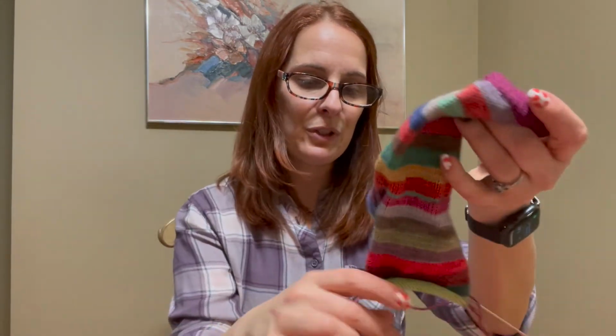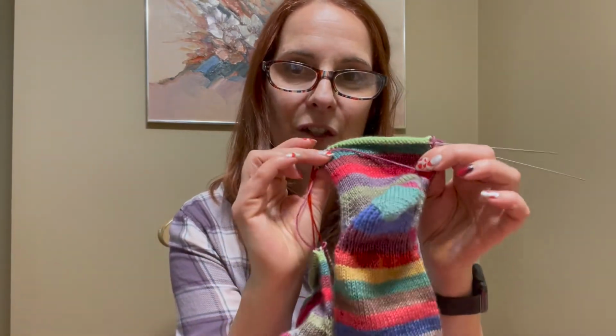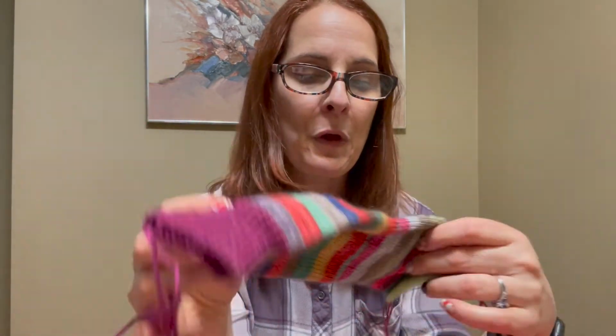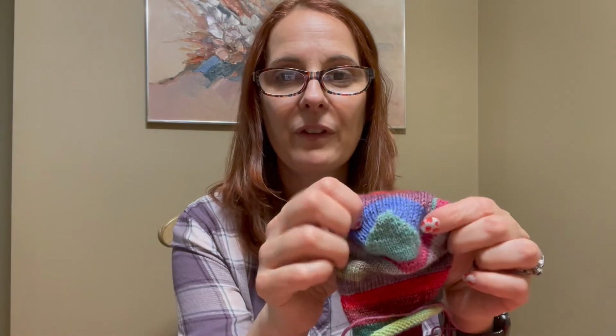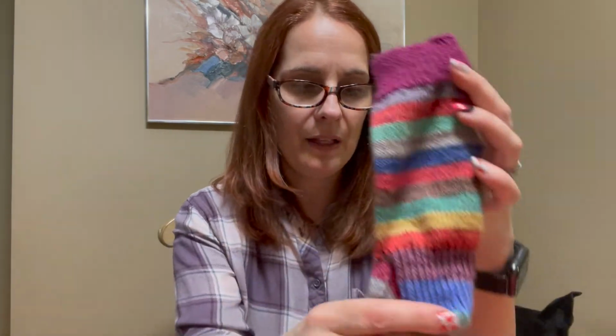So here are the socks that I'm making. And I am doing 2 at a time, 40-inch Chiaogoo needles, US size 1 needles, and cast on 64 stitches. It's just a plain vanilla sock pattern, but the heel flap and heel and gusset, I did use Kay Litton's. I just went to one of her sock patterns. I have a bunch of her sock patterns, and I just picked one, and I used that for the heel turn. The cuff is Sweet Georgia yarn, and it's just a twisted rib cuff, and then the rest is the